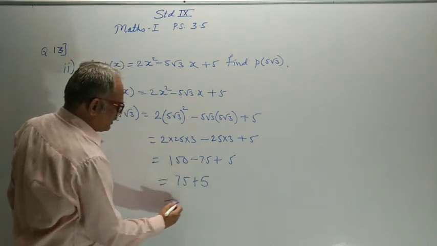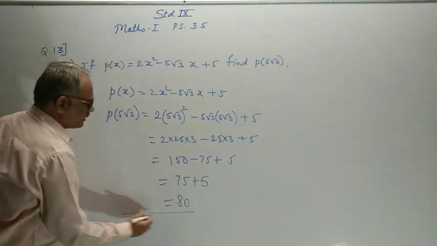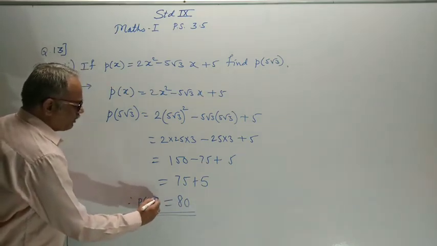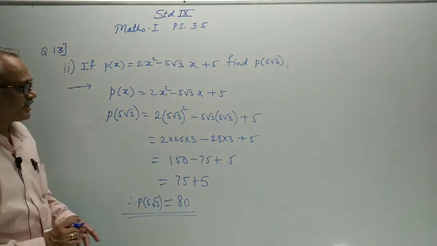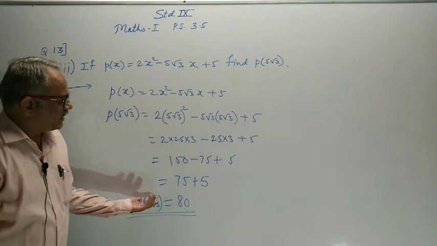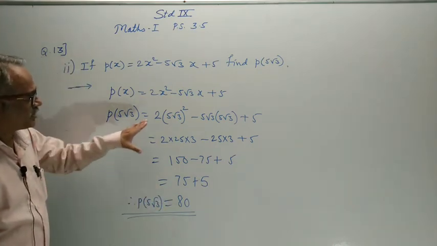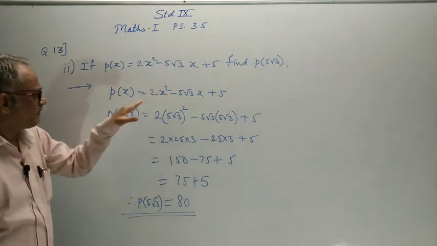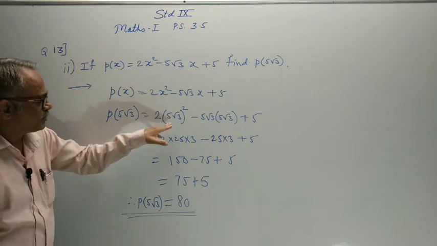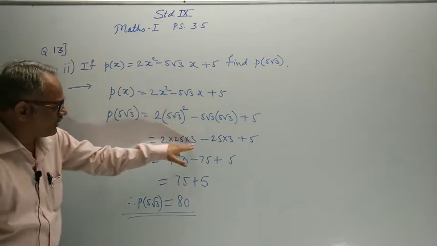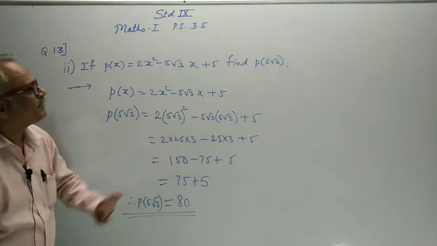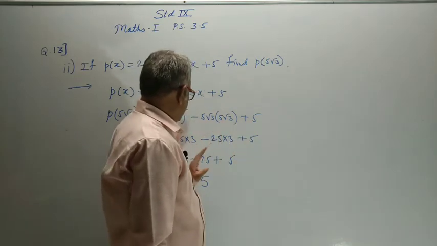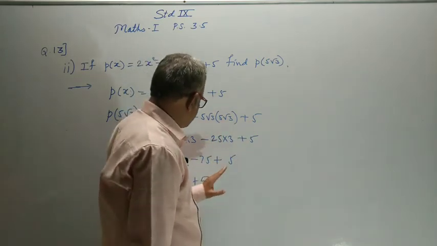Again I will explain, pay attention, very easy. That's why I said it can be asked in most school exams. They will not teach you as it is a deleted part, but it can be asked, and afterwards they will say that it is not new, you must be able to do such things. P of x is 2x square minus 5 root 3 x plus 5. In place of x write 5 root 3. 2 into 5 root 3 square, 25 3s are 75, and into 2 is 150. This 5 root 3 into 5 root 3 is 25 3s, 75. 150 minus 75 is 75, and plus 5, that is 80.